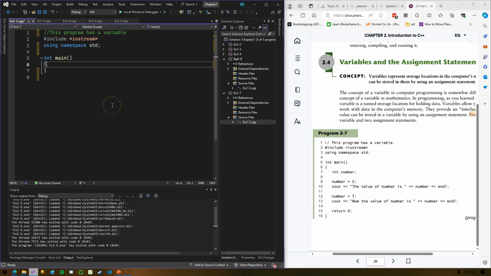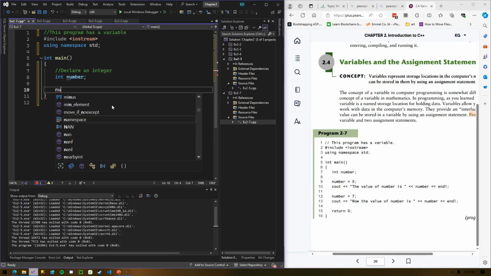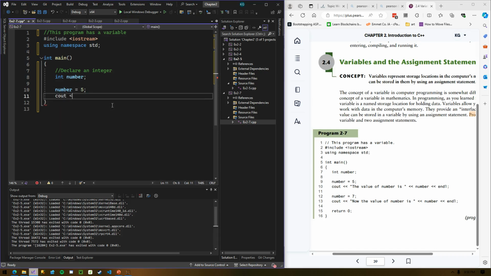All right, let's play with some variables here. Let's declare an integer with the keyword int followed by the name of the integer we're declaring, called number, semicolon. Let's assign the value of 5, so number equals 5, and then print it. Cout the value of number.